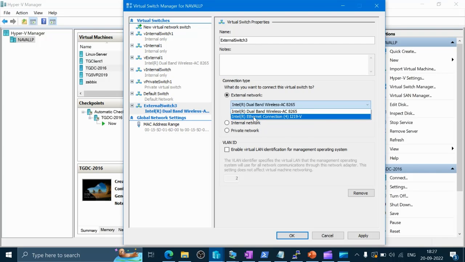So that's why I only have one Ethernet connection available in here and one for the wireless, right? If I have more than one network interface card, or physical adapter, then I'll have more Ethernet connections in this list. So what we need to do is select which physical adapter we are going to map with our external virtual switch, so that our external virtual switch can access that network or can